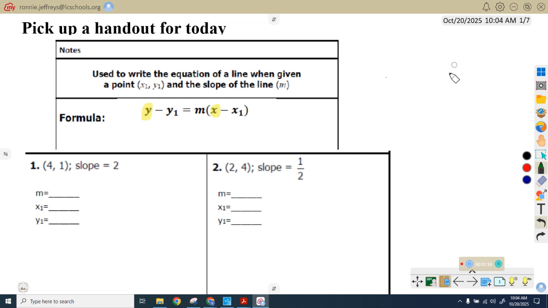So for number 1, our slope is 2. Our x1 is 4. Our y1 is 1. Now, if we're plugging this in,